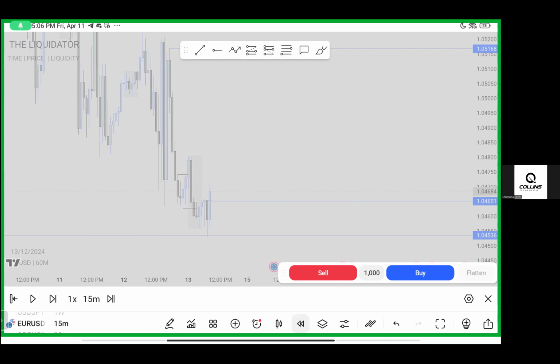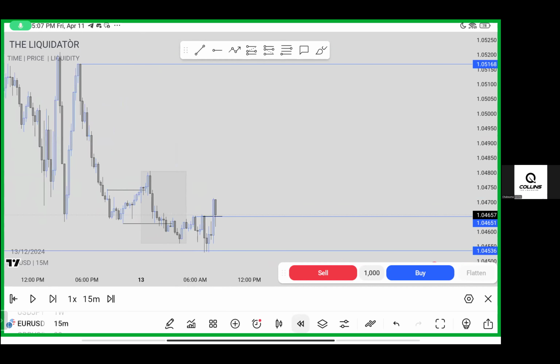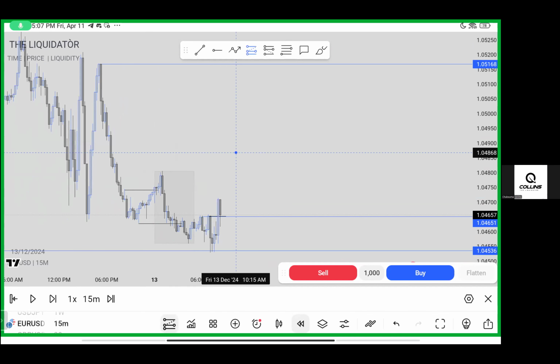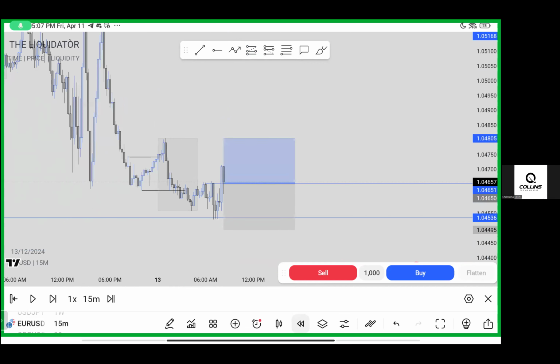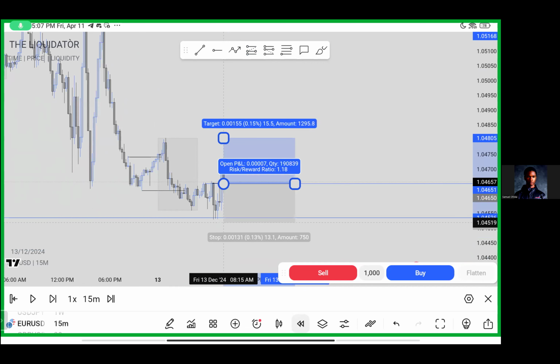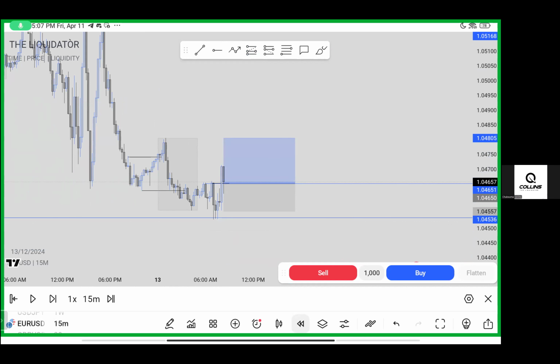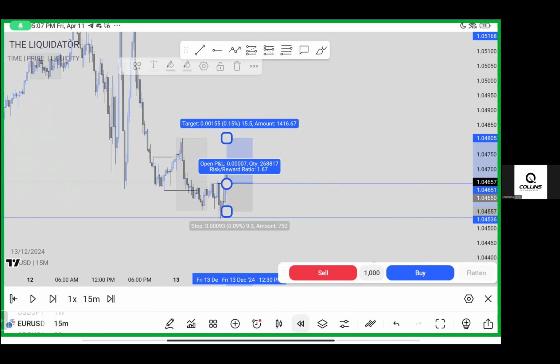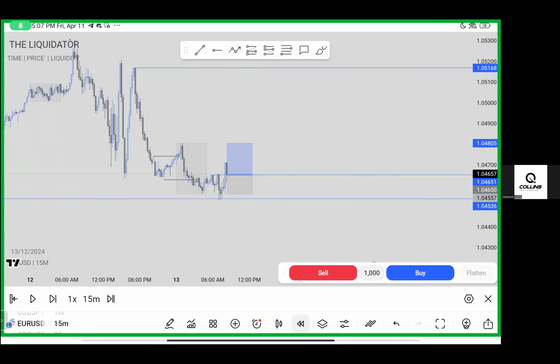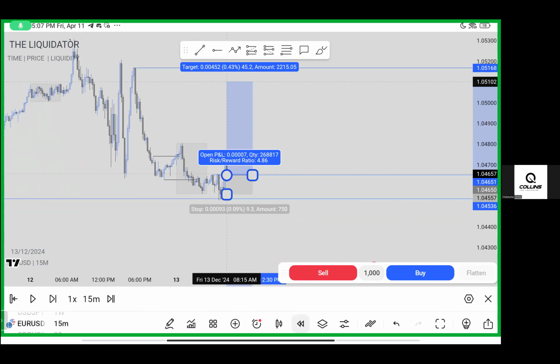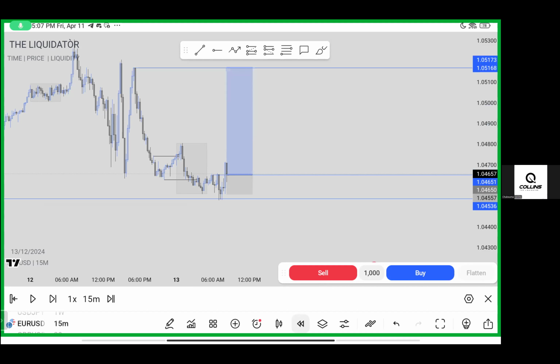So using the 15-minute time frame, we are checking now. This is going to be our entry. We are entering here, right? So remember, I said the safest place for stop loss is going to be this swing low. Stop loss is this swing low. But if you know how to play it safe, based on experience, maybe you have tried it so many times, you can know where you can put your stop loss. But the safest place for your stop loss is going to be this swing low here. So we are going to target this high, right? That's what we are going to be doing. So we target these highs.